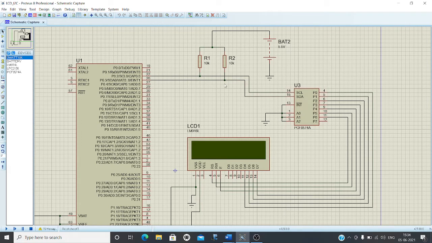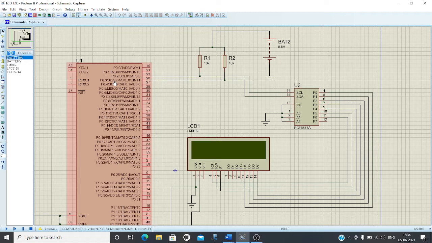On the microcontroller side, the LPC2148 has inbuilt I2C hardware. That's why there are two dedicated pins, P0.2 and P0.3. These are actually GPIO port pins, but we are using them with alternate functionality. I told you all the port pins have alternate functions.